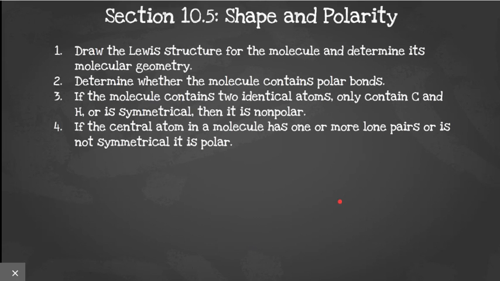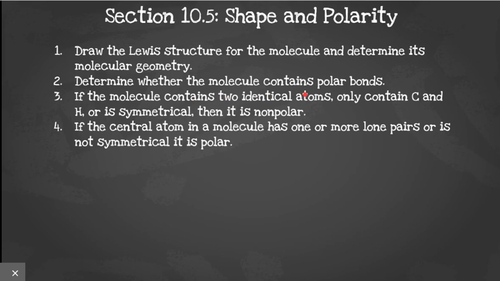So in order to determine the polarity of a molecule, we have to do a few things. We have to draw the Lewis structure of the molecule and determine its molecular geometry. That means whether it's linear or trigonal planar or tetrahedral. We have to determine whether the molecule contains polar bonds, so we need to know the difference in their electronegativities. We need to know if the molecule